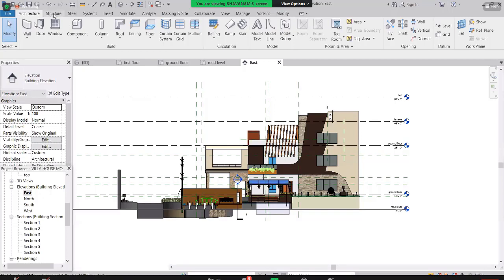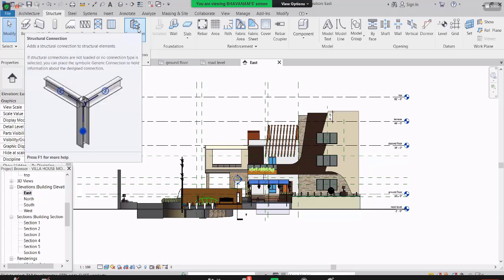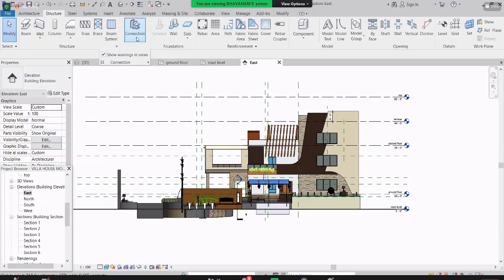Yes, guys, see this. So here we have a structural tab. Whoever works as a structural engineer will use this ribbon menu. So beams, walls in the sense shear walls, columns, floors in the sense slabs, truss type members, bracing type, and beam systems, and connection also. In Revit we can do the steel connections, like a haunch connection and a splice plate connection and base plate connection. All these things we can do in Revit also, in this structural tab.